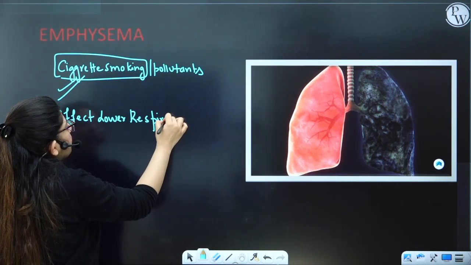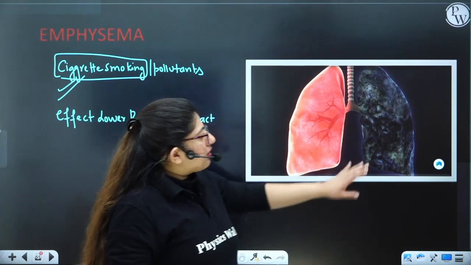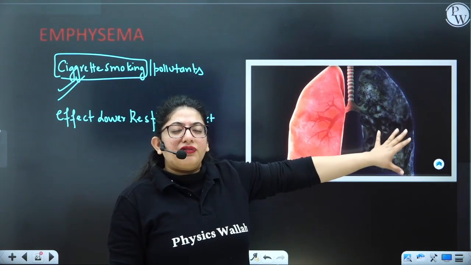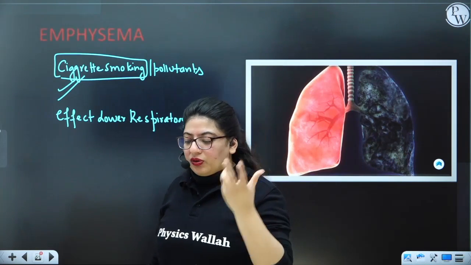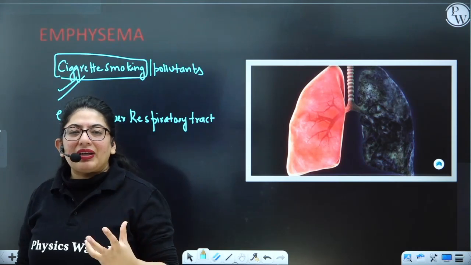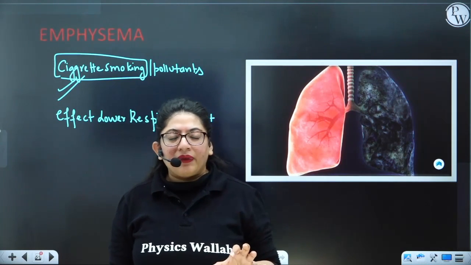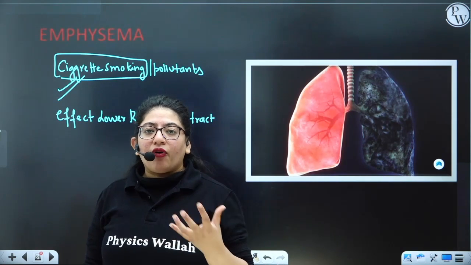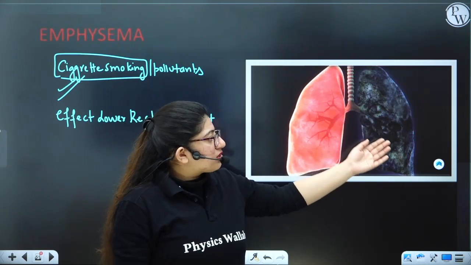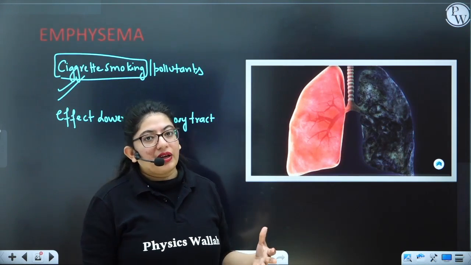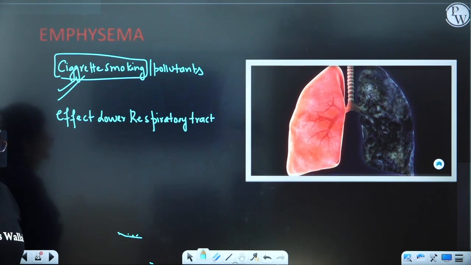Lower respiratory tract usually consists of your respiratory zone, like your alveoli. So you can see here is a lung of a highly infected person with emphysema, and this is a normal lung. Whenever a person smokes a lot, the chemicals break all the walls of alveoli. If there is breakage of alveoli walls, there will be no exchange of gases as well. This is where the cigarette smoke gets deposited, and the color of the lungs becomes black. This occurs due to heavy smoking, and it affects the lower respiratory tract.